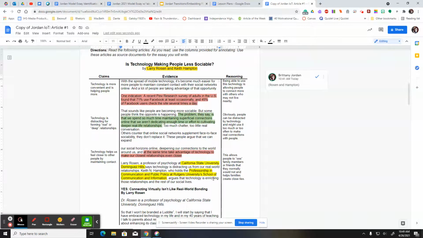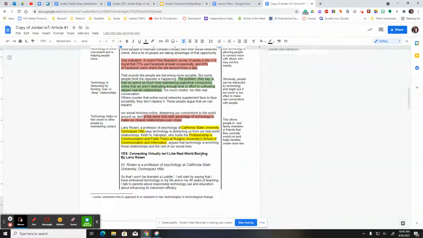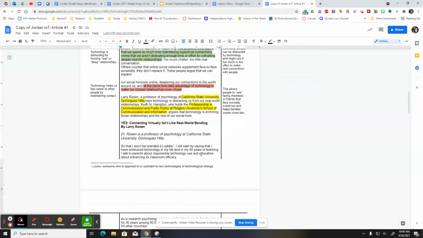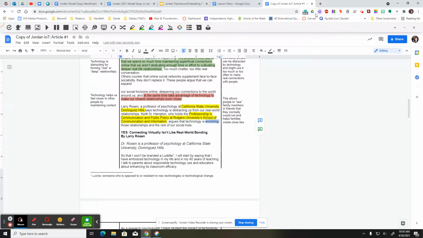Okay, so this is what I would like to see for your annotations. And then down here at the bottom, you've got a couple of vocabulary pieces here that are already defined. But if there are words like enriching, okay, remember that some of you may have this purple puzzle piece, which is the read write.